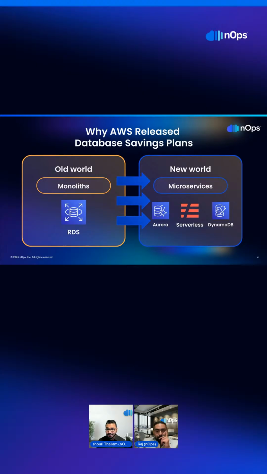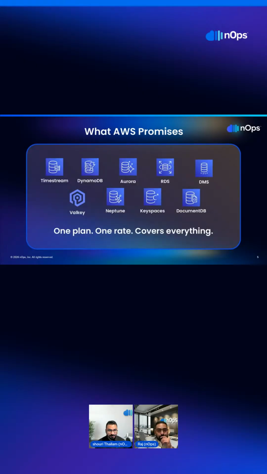And one of the most important services that I used to love and I still love is Database Migration Service, DMS. Many people who want to migrate to cloud in the beginning phases use DMS in a very explicit way, and they use it for at least 6 months to 1 year, and it gets very expensive, and they have no way to get out of that bill, right? With the database savings plan, you can cover it, and we'll talk more about it. But I love it. But let's look at what AWS promises in general, right?